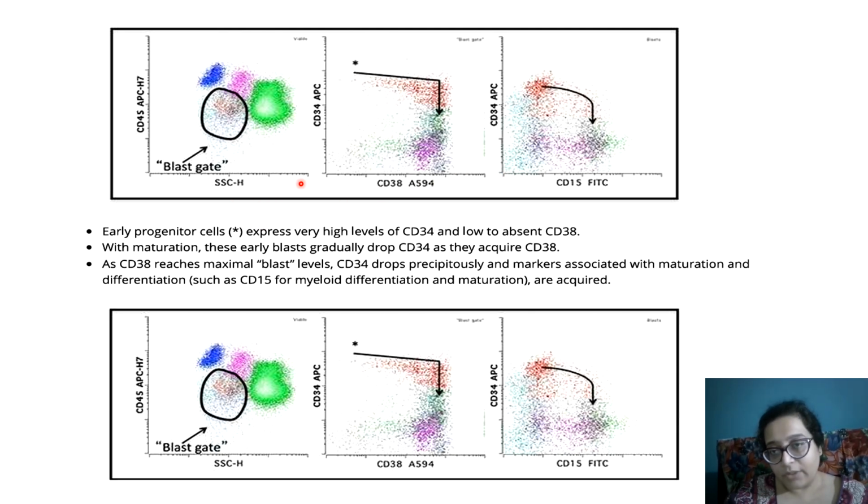As you remember, as the cells mature, apart from CD34 and CD45, they acquire CD38. So over here you see CD45 with side scatter low, CD45 moderate to dim. On this I gated this. Fine, I have marked this population. Now on this cell population, I'll put CD34 and CD38.